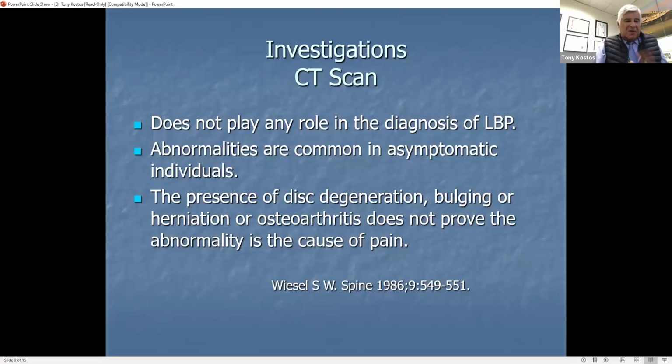But what you will see is that a GP does a CT scan and then writes that the diagnosis is L45 disc bulge. As soon as you see that, you know the GP probably hasn't taken a history, probably hasn't examined the patient, and has just used the result of the CT scan as a diagnosis. And this is non-evidence based. If I was giving you advice, I'd say you reject that on the basis that it's a non-evidence-based diagnosis.